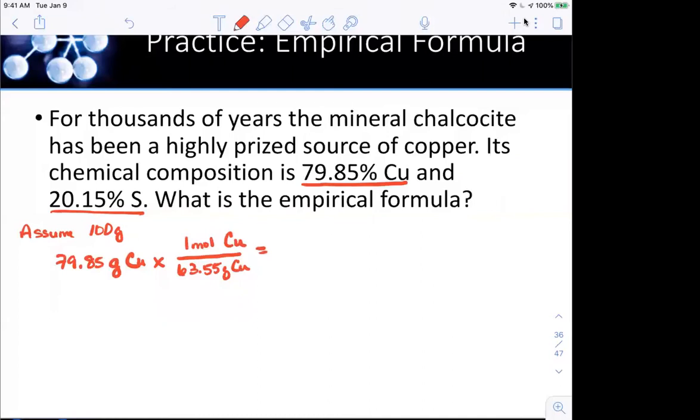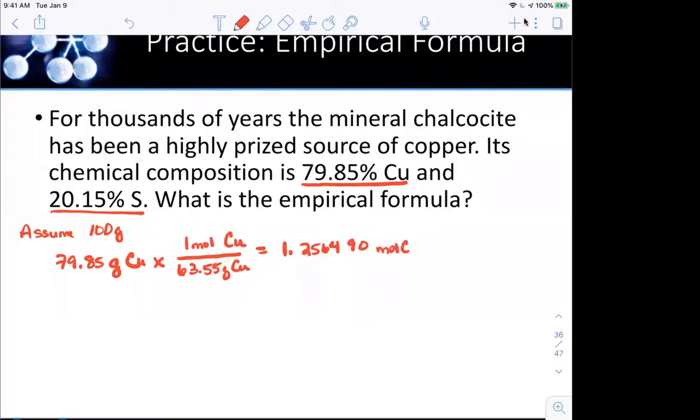So that's going to give me 79.85 divided by 63.55. That's going to give me 1.256490